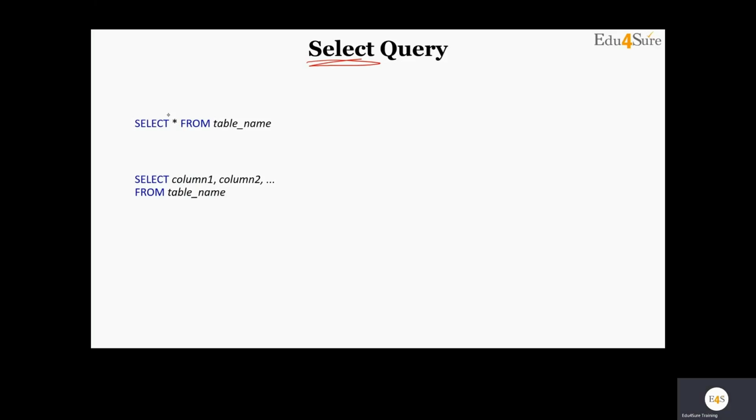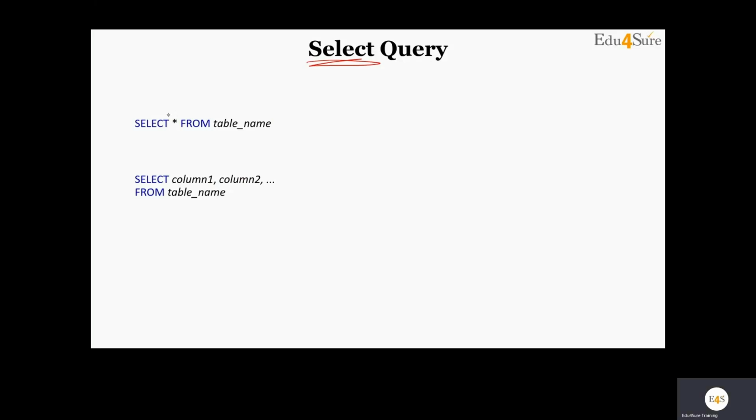Now, when you give column names, there is something important that you have to keep in mind. Suppose your column name is only ID without any space, you can just write select ID and whatever others. But if your column name has a space inside it, let's say customer ID, where customer and ID are two words with a space, then the column name should be written inside square brackets.